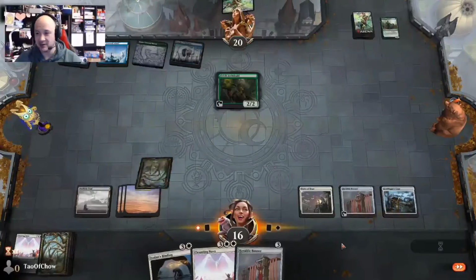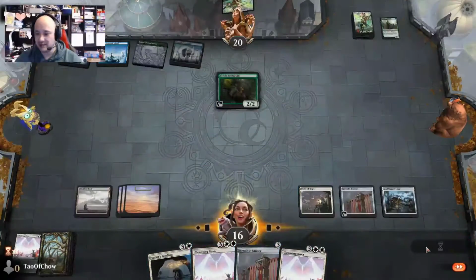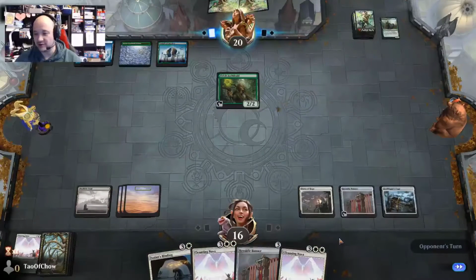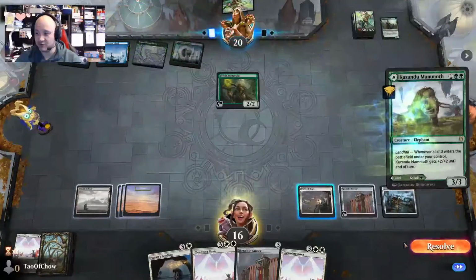I think I just make a token. Yeah, I'll just pass the turn. They might swing in with their Archdruid. If they do, I will just block it with a token and kill it. Right? Sometimes people forget that Dawn of Hope can actually create...